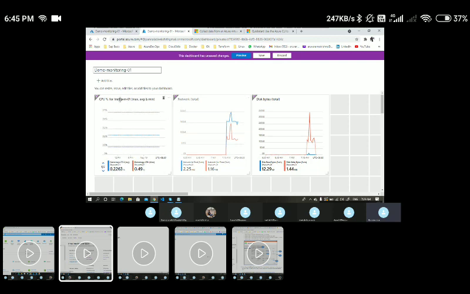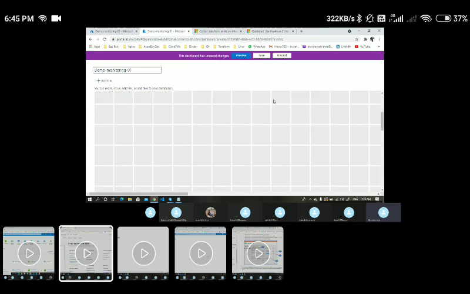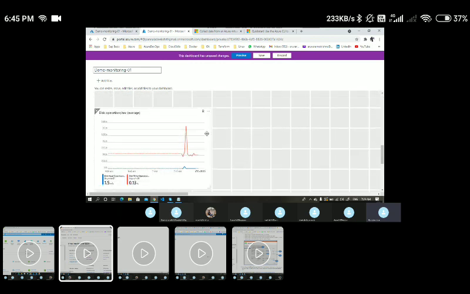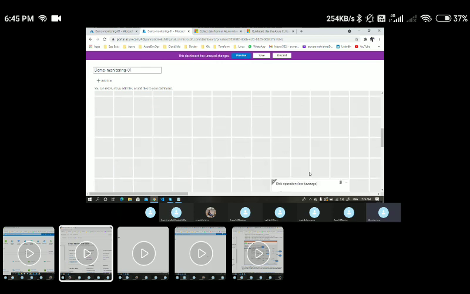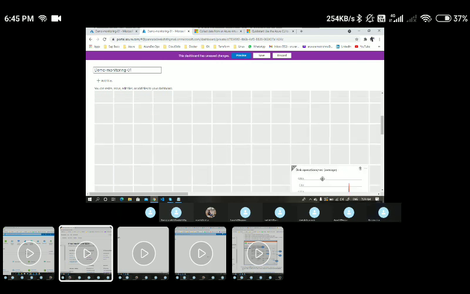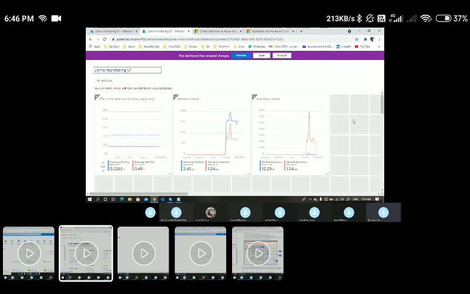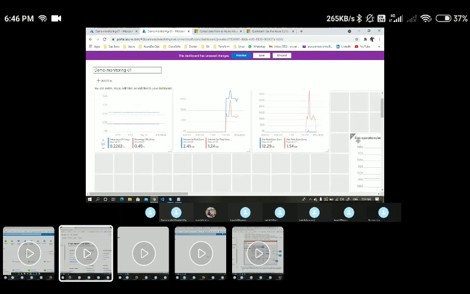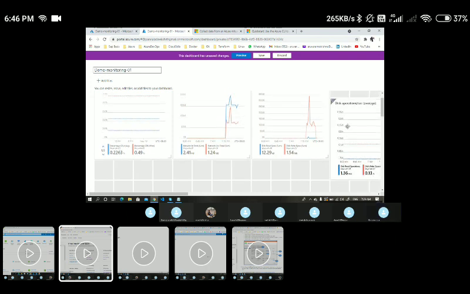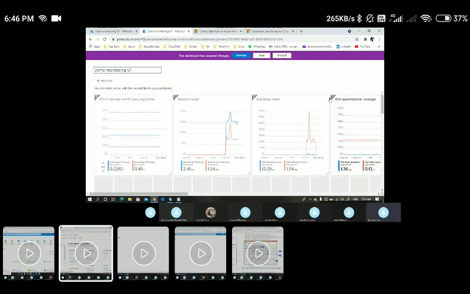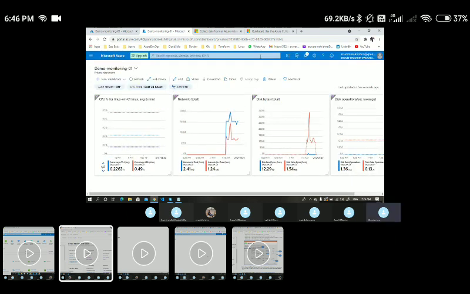All the VM-related metrics I can now see in a single line. I have one more metric at the bottom, so let me make it 4 by 4 and drag and drop it here. Yeah, so let's say save.